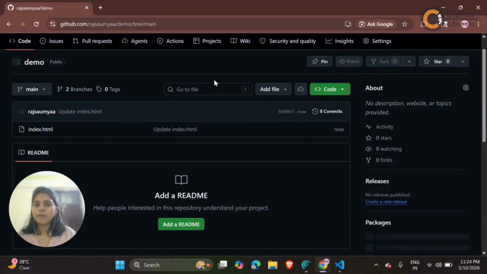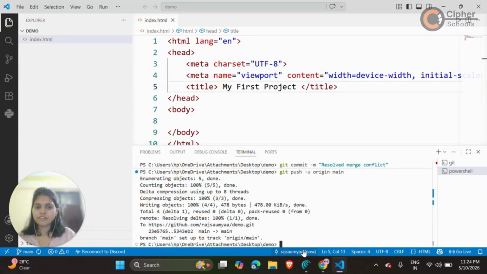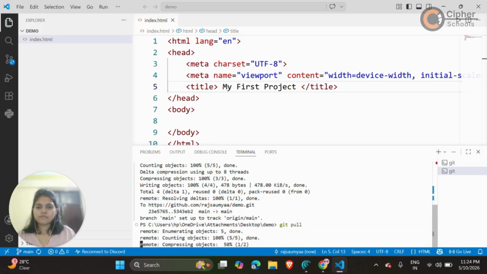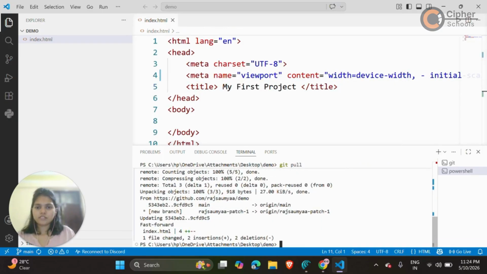So now my GitHub version is ahead of my local version. How do I sync everything? Basically, we will run the git pull command here, which gives me the latest version from GitHub to this local version. And just like that, everything updates automatically.